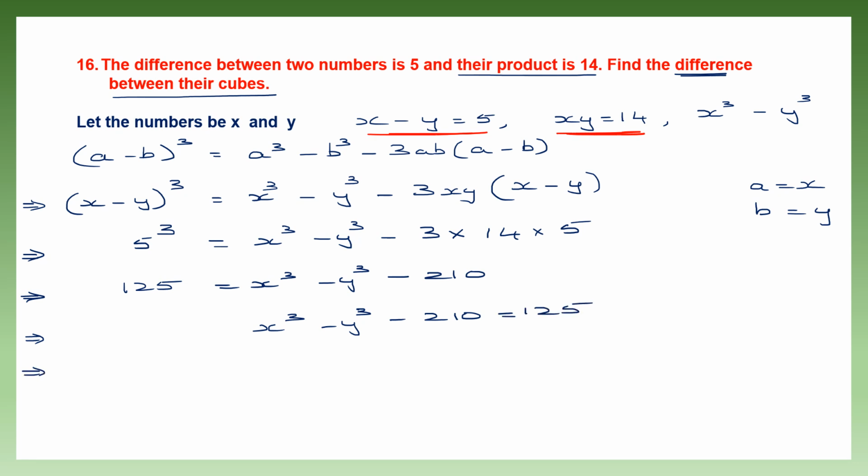Now we are going to find out only x cubed minus y cubed. This is equal to 125 plus 210. So now finally x cubed minus y cubed is equal to 125 plus 210, which is equal to 335. So this is our final answer,